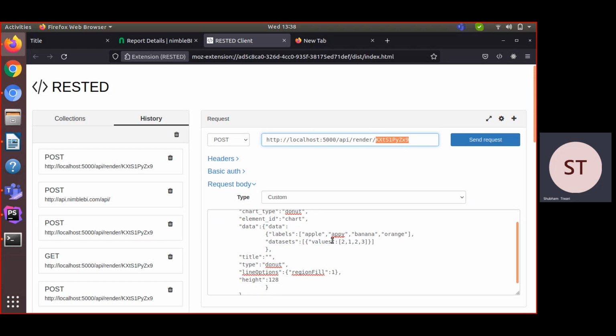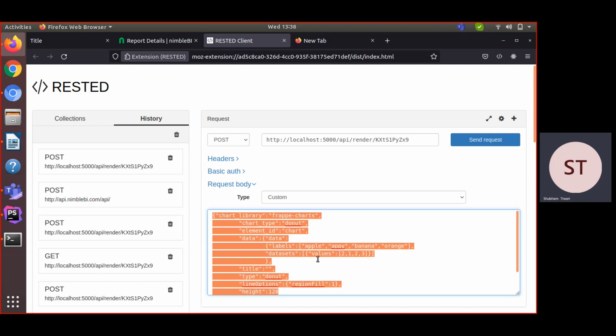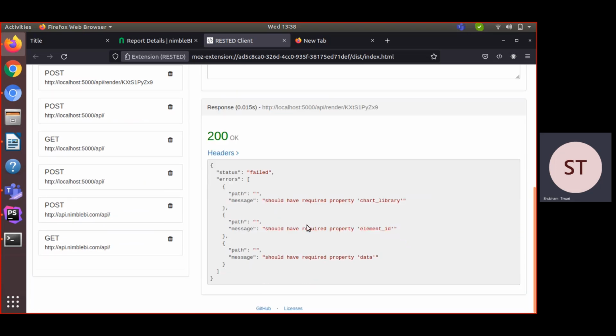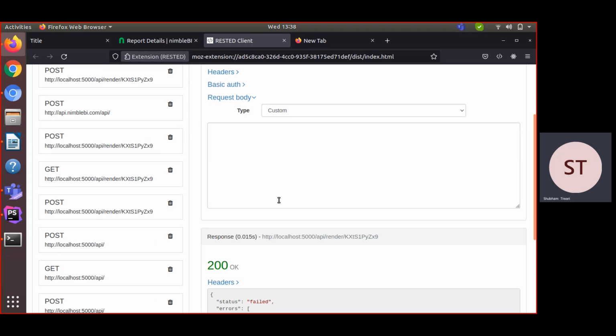And here I will paste all my data for every visualization because I already created it. First I will clear it, and now I can submit. Here you can see it's showing me an error status. Actually it's telling you have to pass JSON data and it will return you a graph.